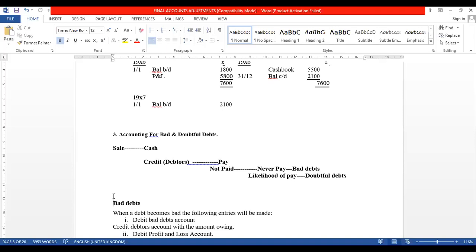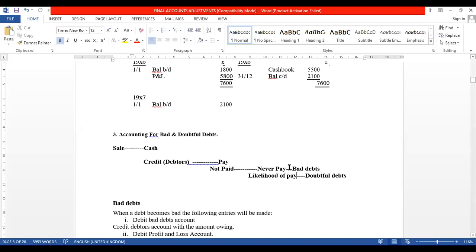Revenue recognition, being prudent, right? In ensuring that we don't overestimate our profit, right? I know you remember us talking about it. And therefore, because of being prudent and wanting not to overstate or understate our profit, it is a culture, it is a norm that if you notice that there are some debts that are likely not to be paid,